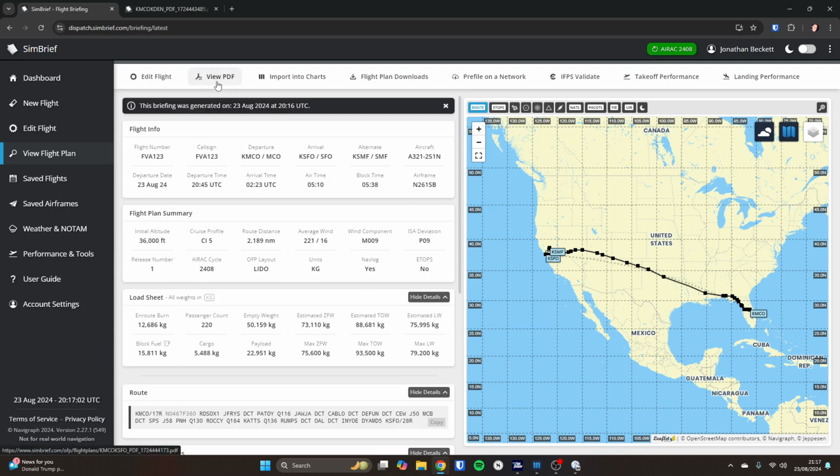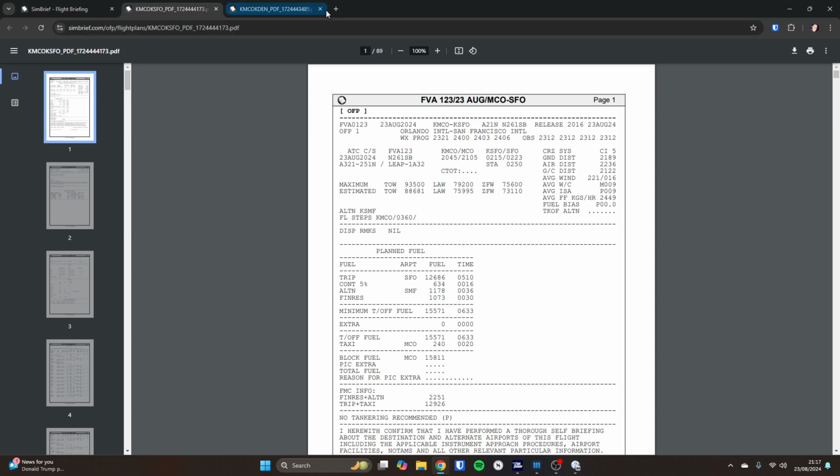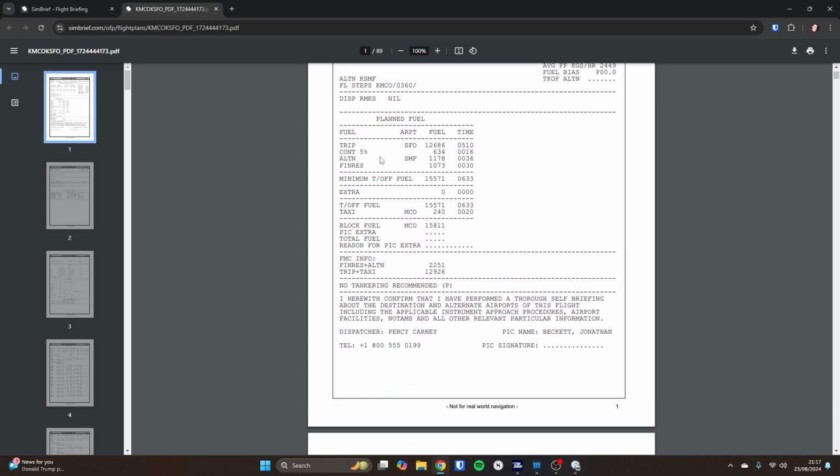You can view it in its original form, which is very similar to what real crews have, if we just click View PDF. So in View PDF we get to see the paper version. In here it's fairly straightforward once you find your way around it. You've got where you're going from and to at the top, and the names of the airports. You've got the cost index over there. You've got the fuel plan here,